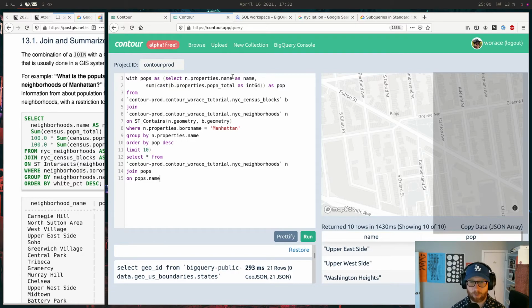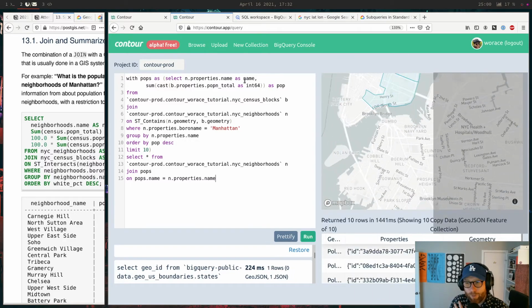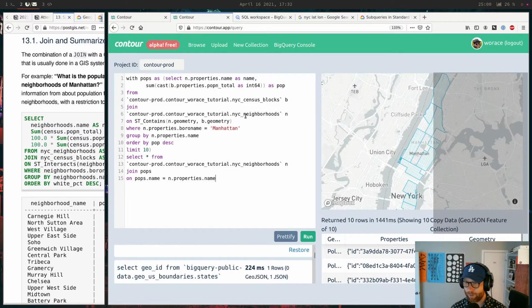Boy, this one's getting to be gnarly. Equals in.properties.name. There's no way this is correct. There's no way this is valid SQL. Oh my god. Wow, it did. Okay. That's actually surprising to me, but yeah.